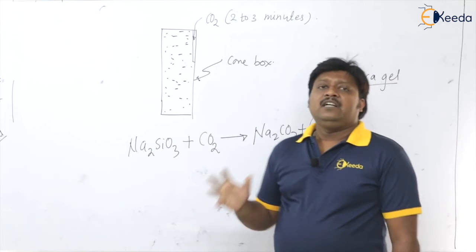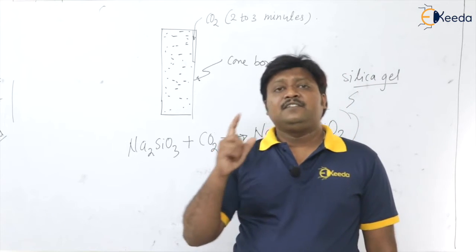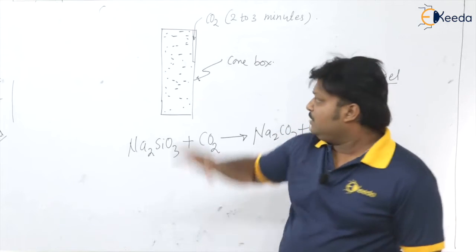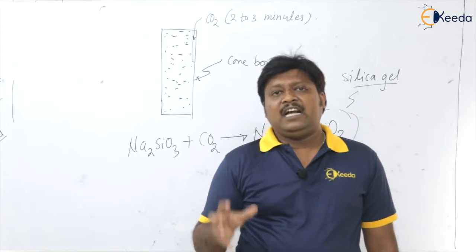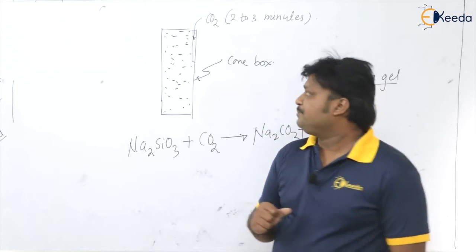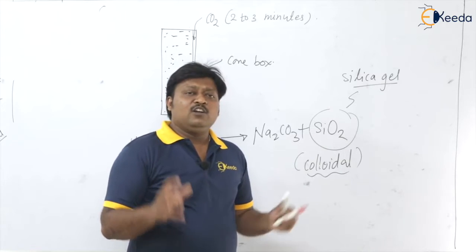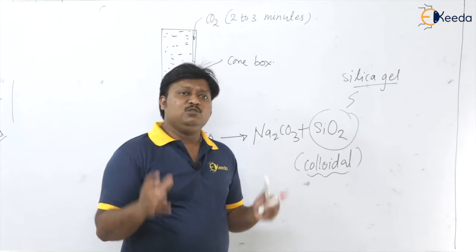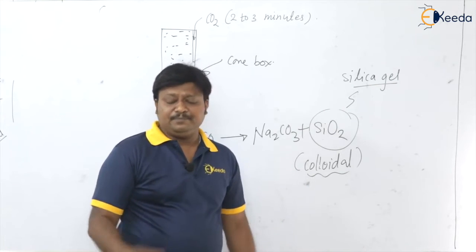Generally, please remember that the cores are made with the dry sand with the CO2 molding. This molding technique is also known as the CO2 molding, or sodium silicate and CO2 molding. Please remember this. So this is the basic thing about the core. Cores are used in the casting to produce the hollow portions or hollow shapes in the casting.